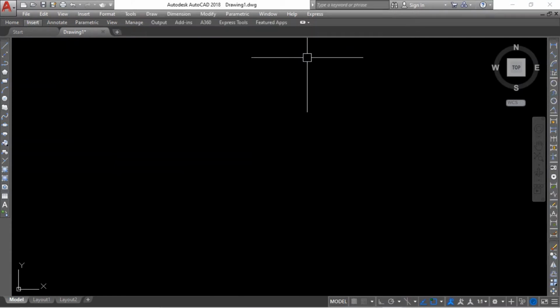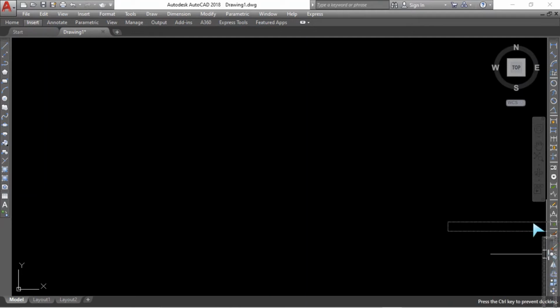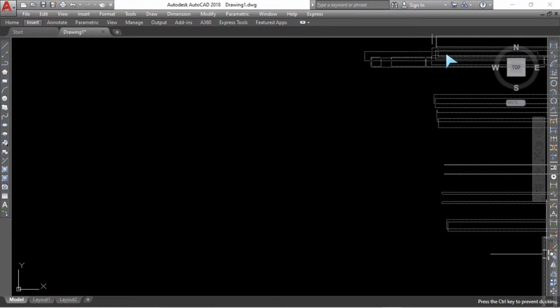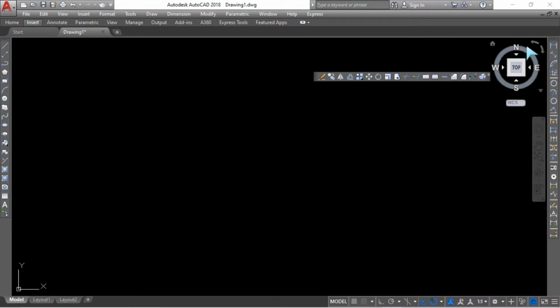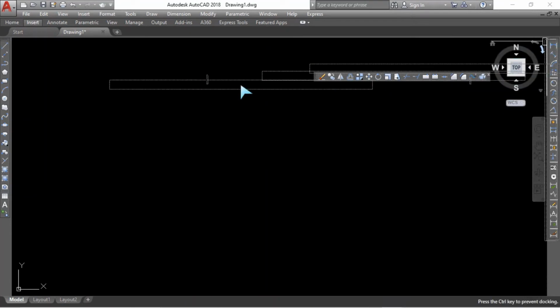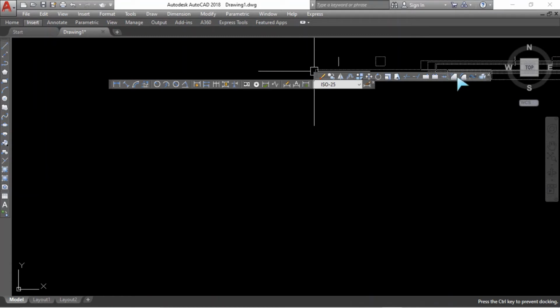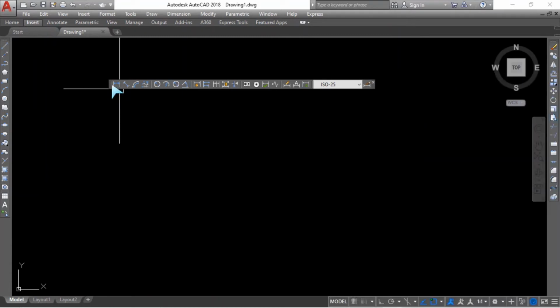Again we will check this one, and you can see our modify toolbar is below, so we can adjust this by pressing here and moving it here. Again press this one here.